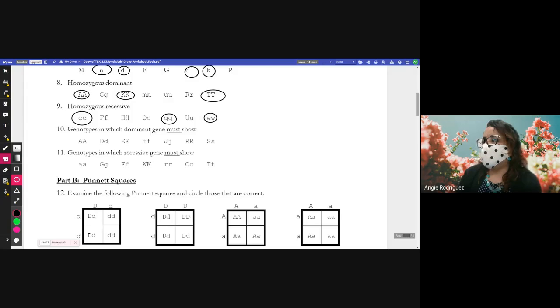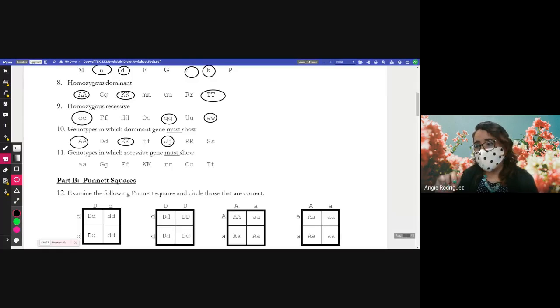So if it's dominant, is it going to be capitalized or lowercase? Okay. So which ones am I going to circle here? So hold on. Big A first. What else? Anything else that starts with a capital letter? The E's, the J, big J, little j, right? Even though look,